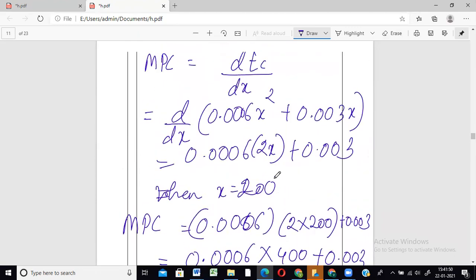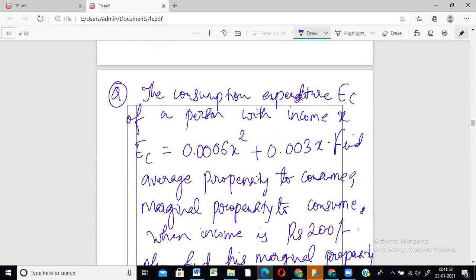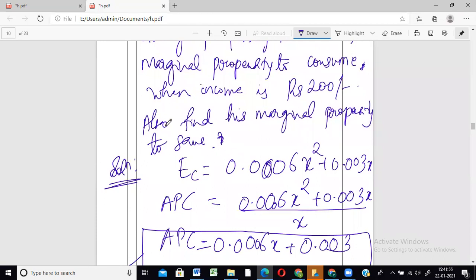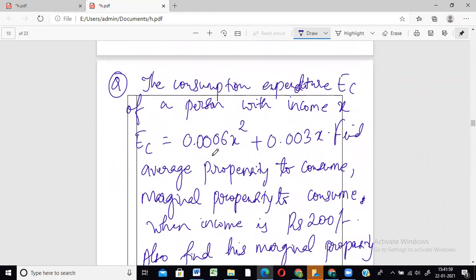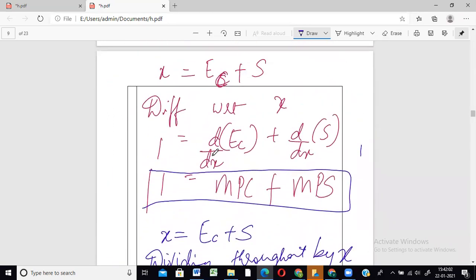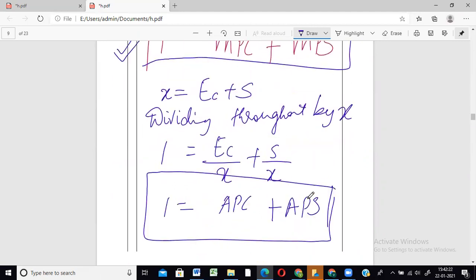Now, what did they tell us to find after average propensity to consume and marginal? They told us to also find the marginal propensity to save. Okay, marginal propensity to save is nothing but MPS. Now, if you see carefully, for marginal propensity to save, this is the formula which can easily help us get the value of MPS, right? Because we know the value of MPC, and this is like one. Two things are known and one thing is unknown. So we can easily use this formula and find out the value of the marginal propensity to save.